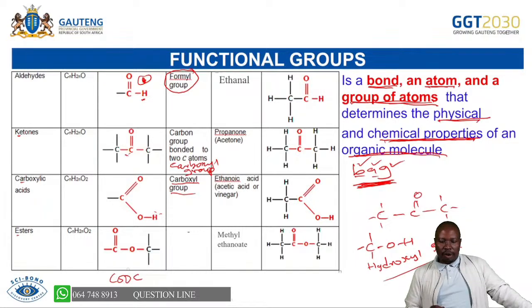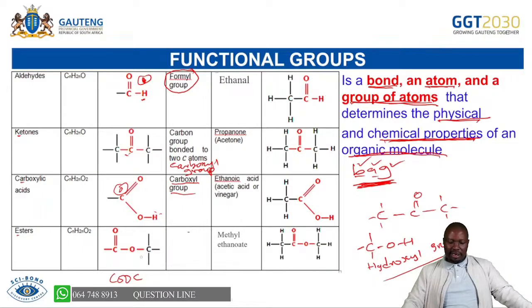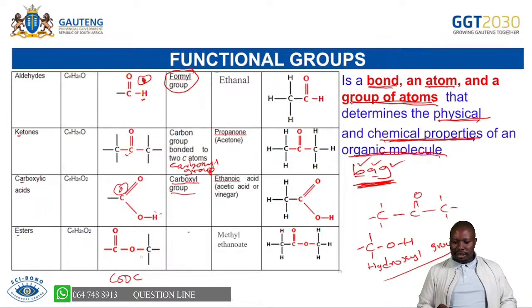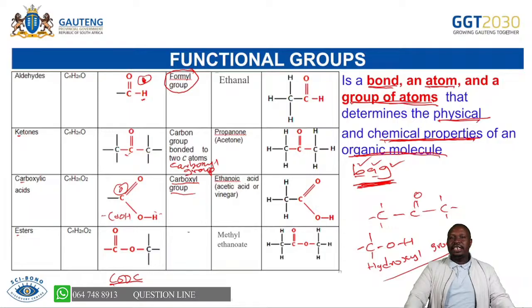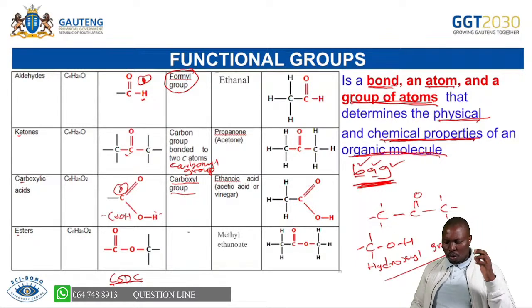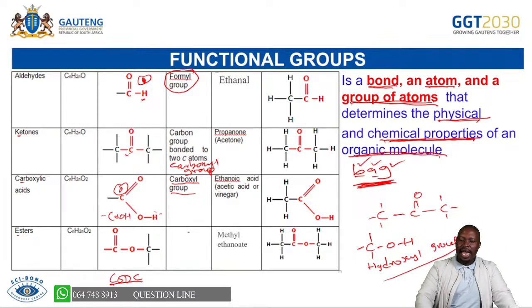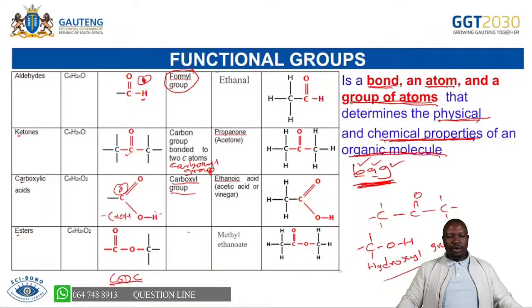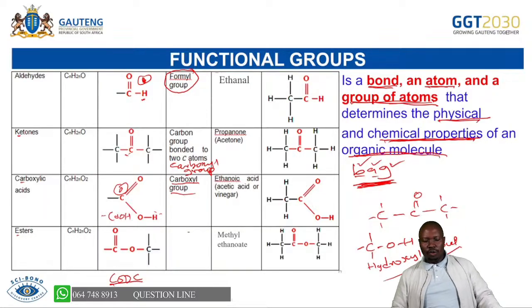And for carboxylic acid, we're saying the C double bond O is in carbon number 1. But for an ester, the C double bond O and an O must be bonded to another C, and then you are able to see that. Then you are able to identify the difference between carboxylic acids and esters. I hope you now know how to differentiate one homologous series from another. I think we've spent time on that, and it's very important, because as and when you answer questions, they will be based on all those homologous series.